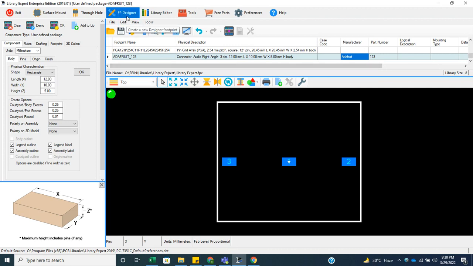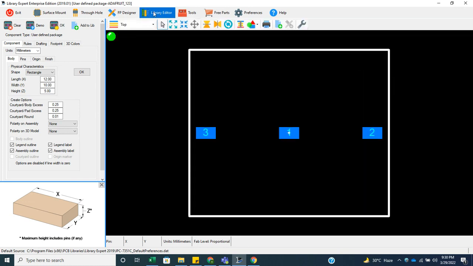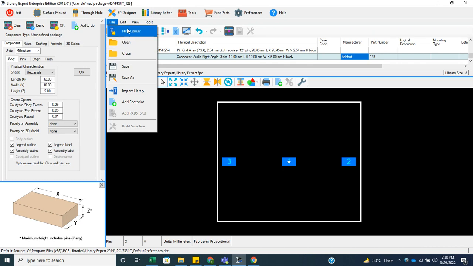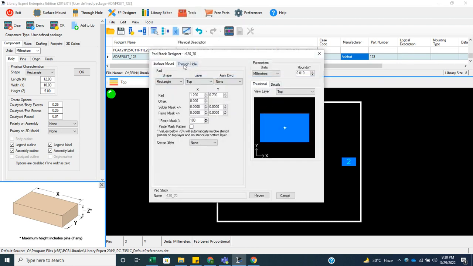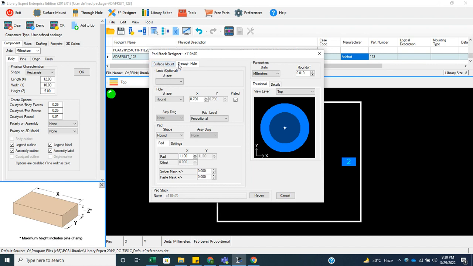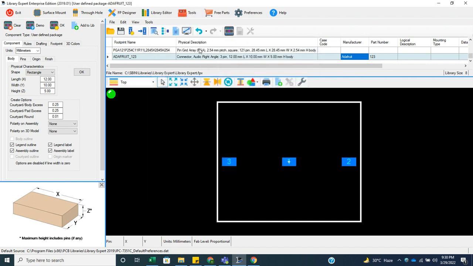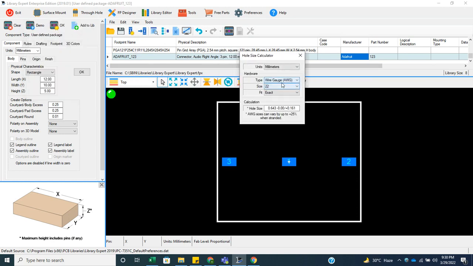When you need to create any non-standard PCB footprint, use that. Library Editor, I already told you about it, is used to create a new library or to open a library. Tools option, like Convert Unit and Padstack Calculator, you can use to calculate SMD and through hole pads here. Hole Size Calculator: if you are using any wire in your PCB, what hole size